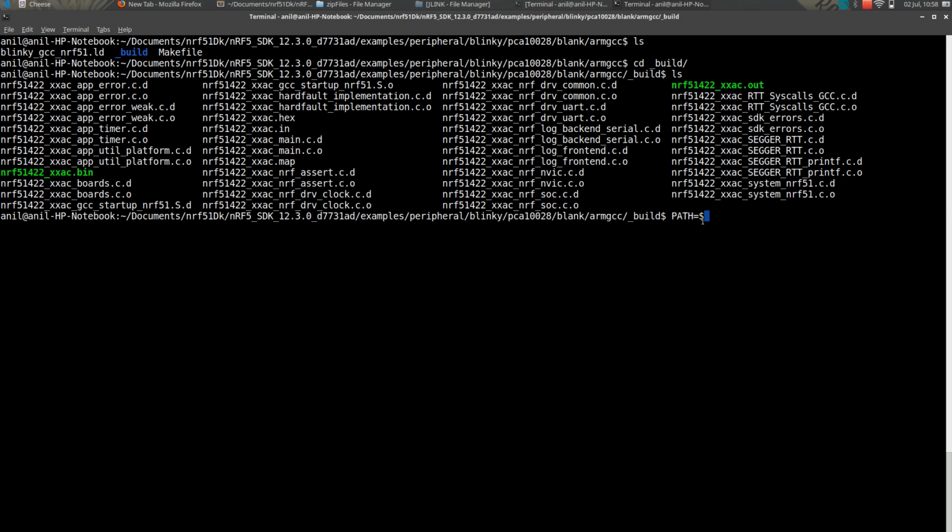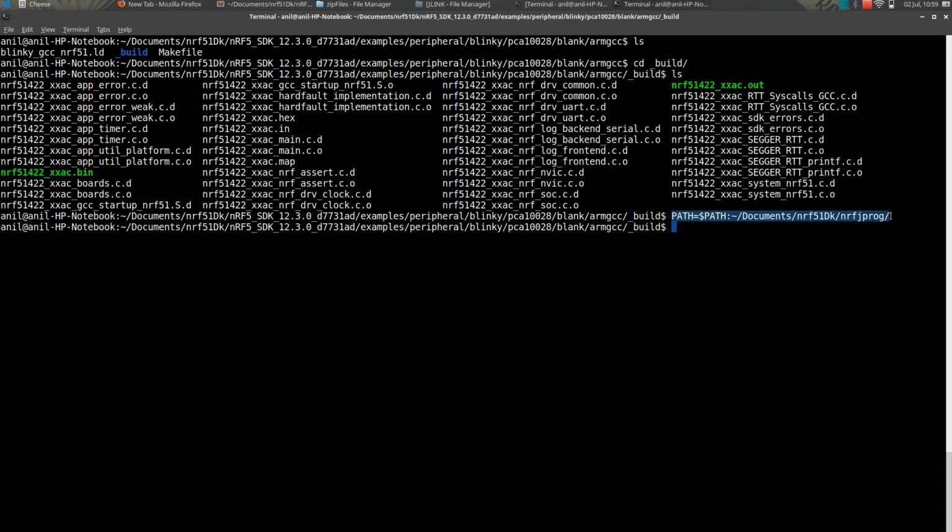To do that, we're going to use PATH equal to PATH, so that will be residing in Documents, nRF DK, nrfjprog. Here we will be adding the path of nrfjprog, so it will know which command we are running.